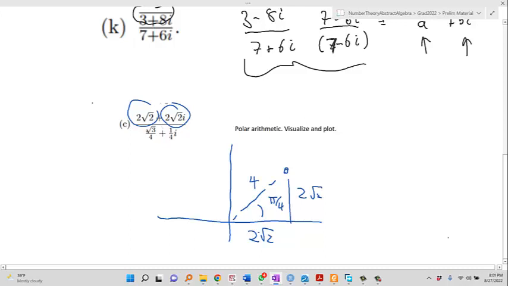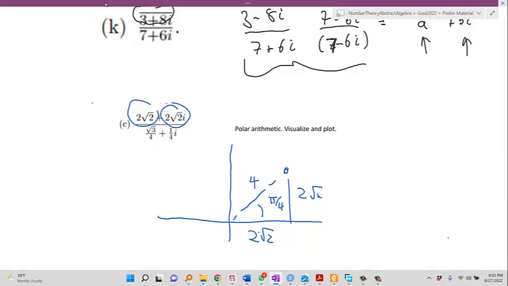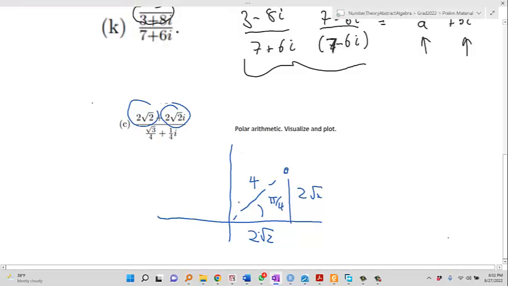All right. How about on the bottom? Square root of 3 over 4 plus i over 4. Which is bigger? Square root of 3 over 4 is bigger. It's somewhere here. I'm not sure exactly where. Let me put it in a different place. But it's somewhere here. Square root of 3 over 4 and i over 4. So if I have square root of 3 over 4 plus i over 4,